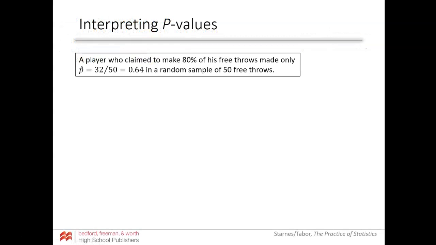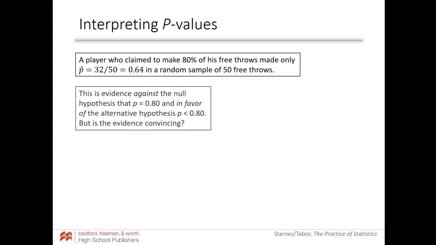Fun times. All right, so we haven't talked much about this other than in the introduction, but they're going to throw this thing at you. It's called a p-value. Not to be confused with p hat or lowercase p proportion. This is different. It's a capital P, and it refers to a probability of sorts. So we'll talk more about this later, but for now, a player who claimed 80% of his free throws were made actually only made 64%. So in a random sample of 50 of his free throws, he was actually shooting at 64%. So we're wondering,